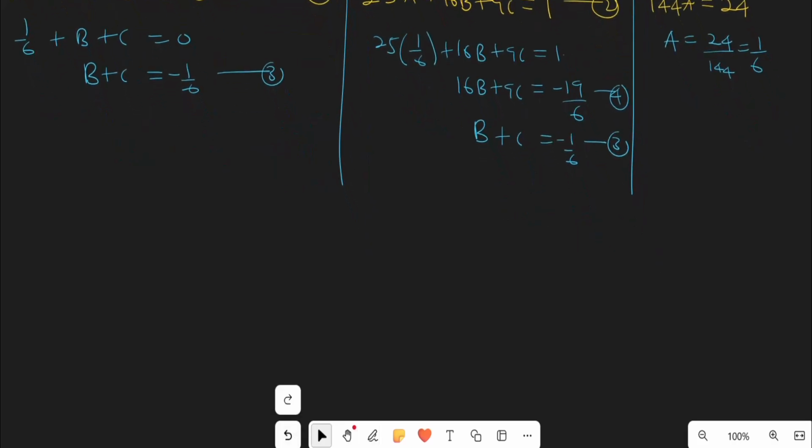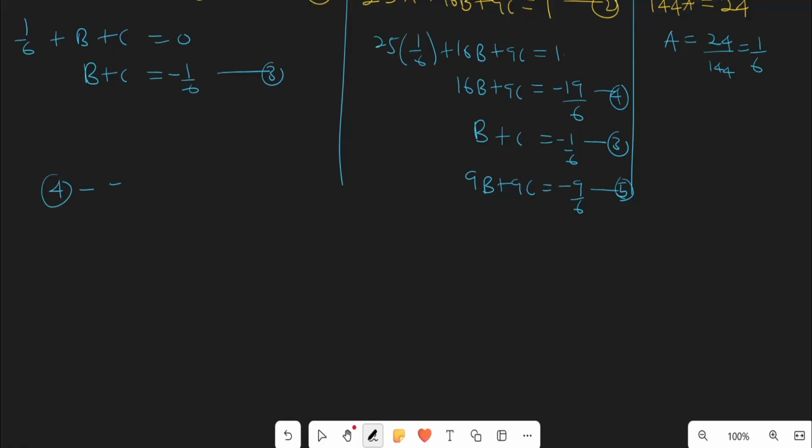Nothing new. And now we can recognize that we can multiply equation 3 by, let's say, 9. So when we multiply equation 3 by 9, that is going to give you 9b plus 9c is equal to negative 9 over 6. Right? Can call that equation 5 if you want. And now we are going to do some subtraction. So equation 4